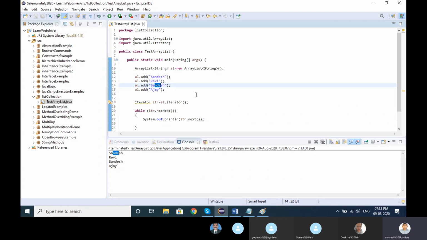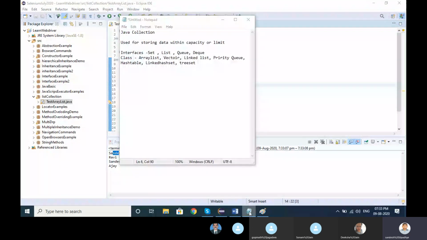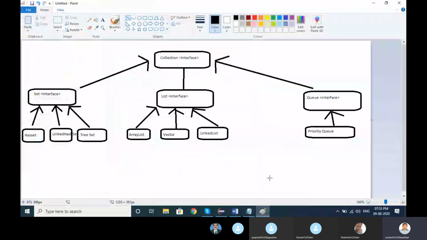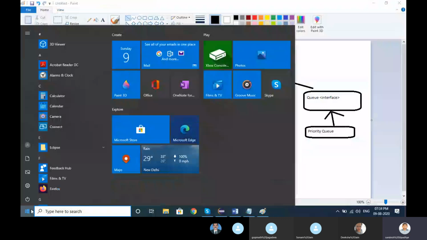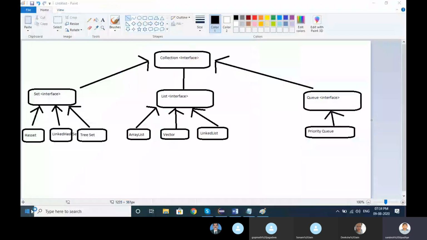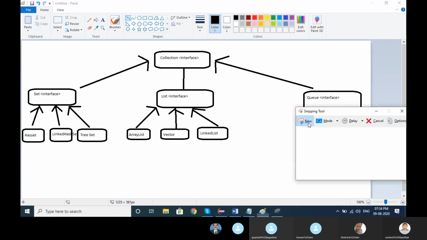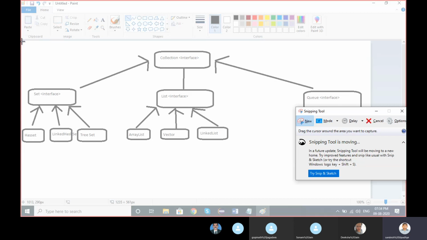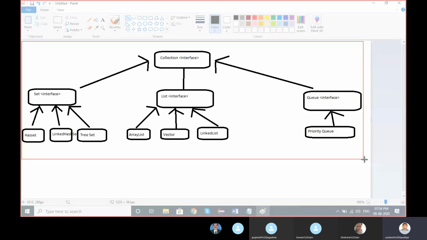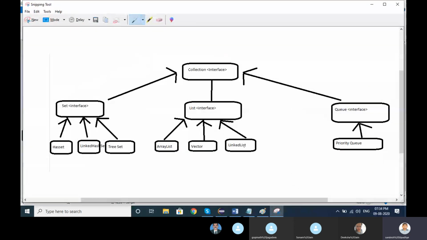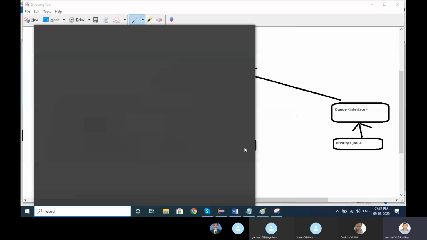Second thumb rule, the insertion order whatever we have added will come over here. So how it works in the background, let me open one snippet, copy this.